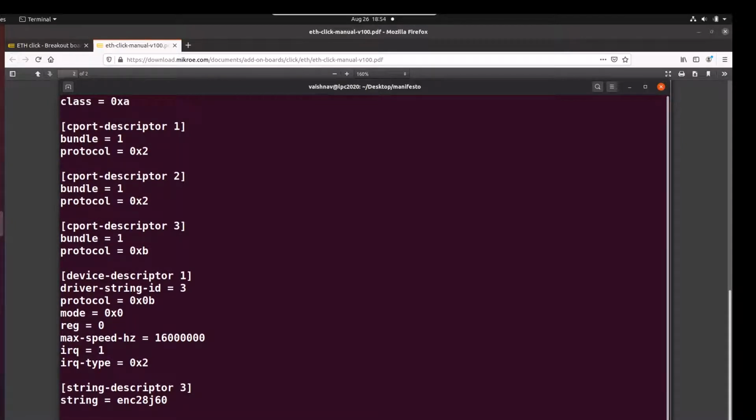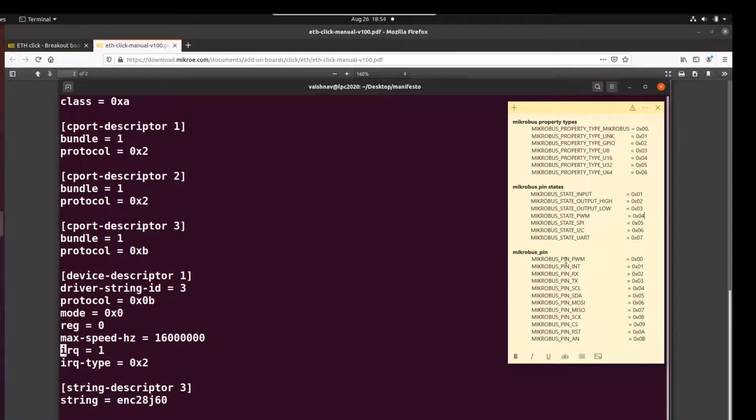0 will correspond to devices that use the default chip select pin on the microbus port, and 1 will be for some devices that use the reset pin on the microbus port as a chip select. Then the max speed is the maximum speed on the SPI bus at which the device can operate. And then we have the IRQ.